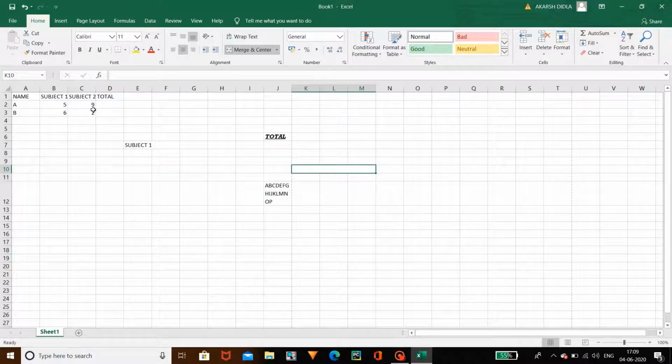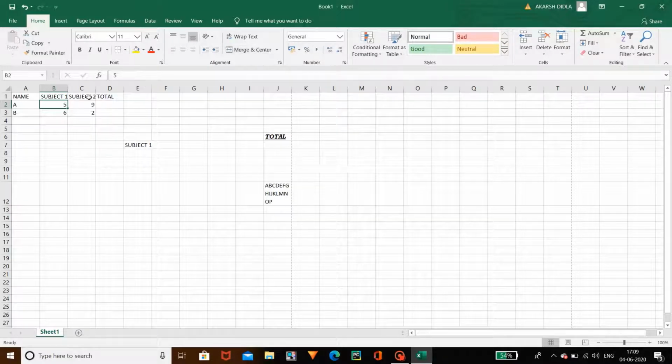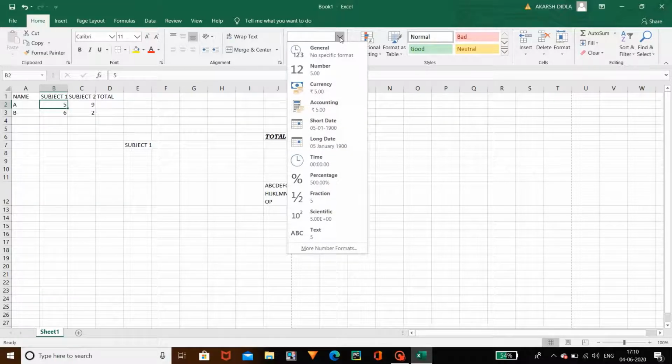And coming to the number options, select a number. If you want the decimal options or the percent options, there are different types like general, currency, time, there are different options. If you want to insert them, you can. If you want to increase the decimal, I'm showing you the example. If you want to increase or decrease the decimal, likewise this number option is used. As I showed you the decimal option, similarly you can see numbers, currencies, short date, date time, fraction, these are used. And this is the use of the numbers.